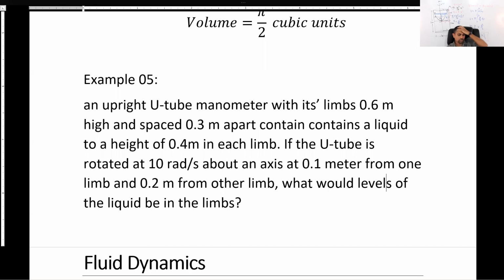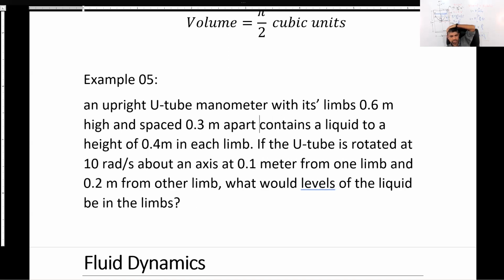An upright U-tube manometer with its limbs 0.6 meter high and spaced 0.3 meter apart contains a liquid to a height of 0.4 meter in each. If the U-tube is rotated at 10 rad per second about an axis at